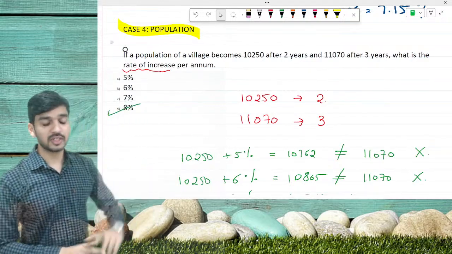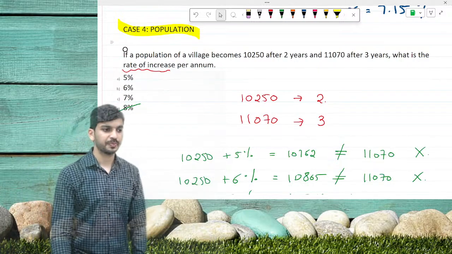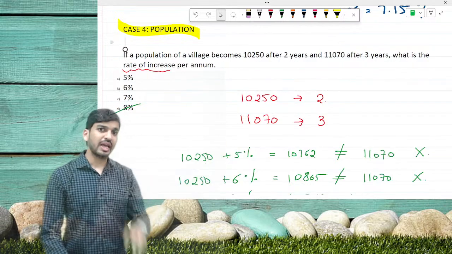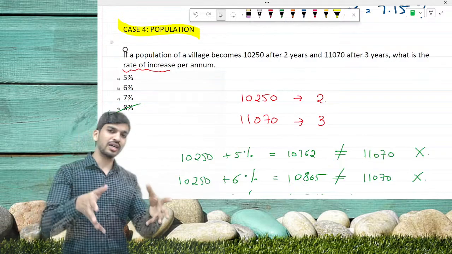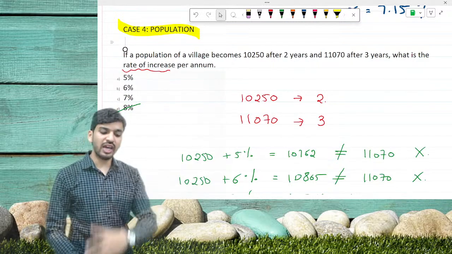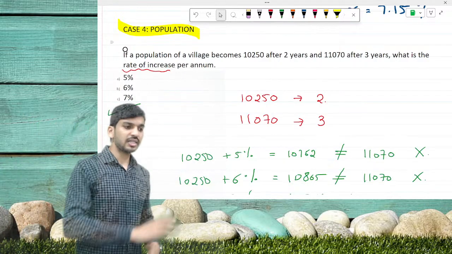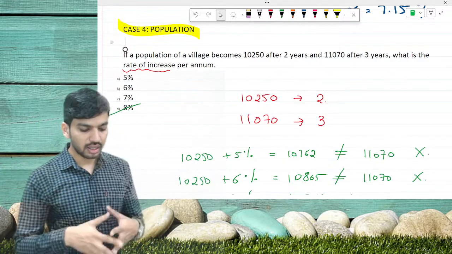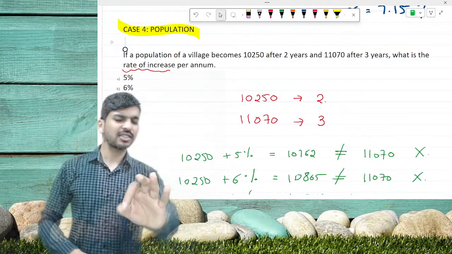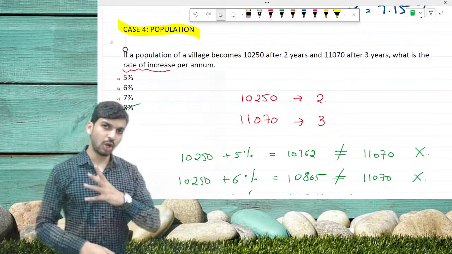All of you understood? This was the very important type of question, type number 4, population. See, first type, very basic kind of question. Second type, semi-yearly, quarterly and monthly, that type of question. Third type, where we were using the formula T is equal to 0.35 plus 69 upon R, and the fourth type is based on population. And let's go for the last type, and then we will practice some questions based on these types.